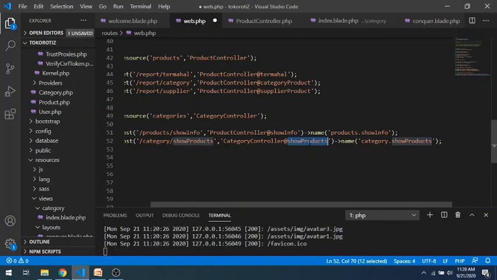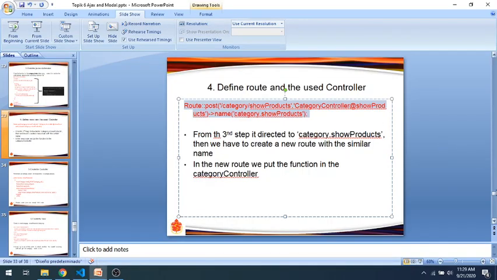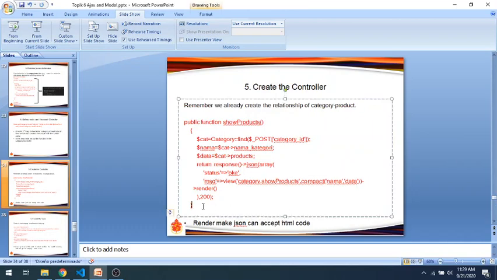Next, we will create this one. Okay, this is for creating the data. We use the category model. We can get the category model with the parameter that is sent by the function. Because it's sent by a post method, we can get the parameter with this one, post. This is the variable name, the parameter name.